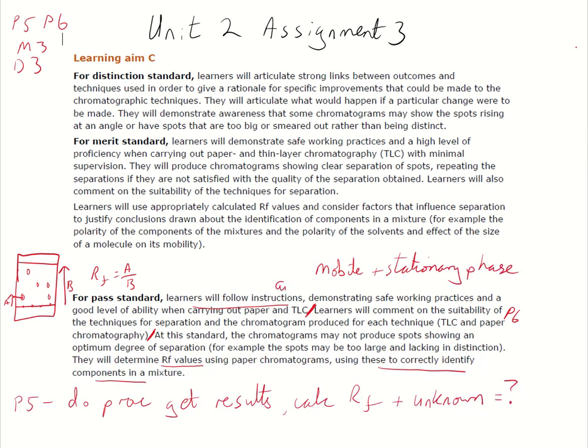the fact that amino acids are either polar or non-polar, and then with the practical that you've done, is your mobile phase the polar or non-polar, and likewise the stationary the opposite, and why the amino acids have moved up at different rates. So you need to be talking about why some of them are having more interaction with the mobile phase than others. So